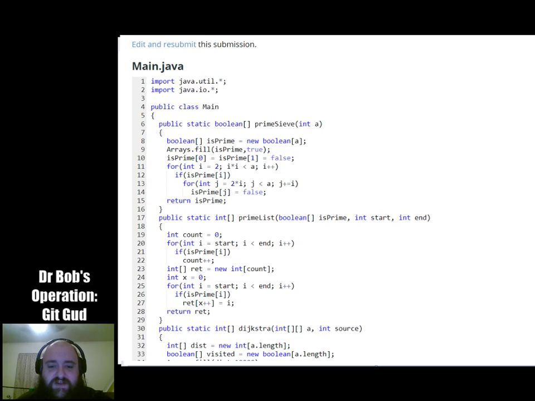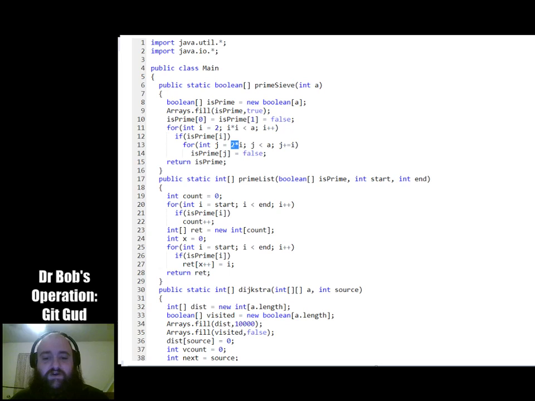So we then check to see if the number i we're on is prime. If it is prime, we're going to leave it prime, but then we're going to go to the next multiple of that number, so 2 times that number, and then go all the way to the end of the array, adding i at a time, setting them all to false. So once you set 2 to true, you can then mark off 4, 6, 8, and so on. Mark those all as false. You get to 3, you're going to mark off 6, 9, 12, and you're going to set a lot of them to false more than once. That's okay. We can do that.